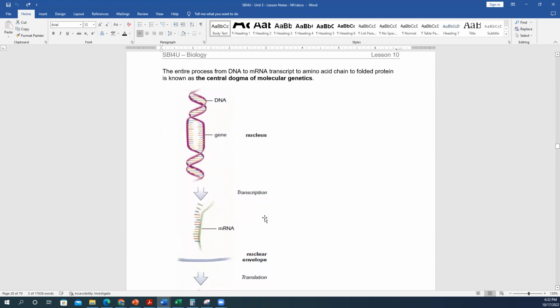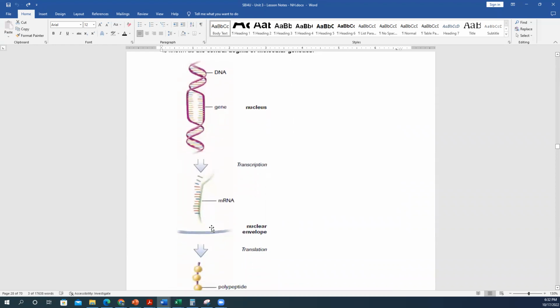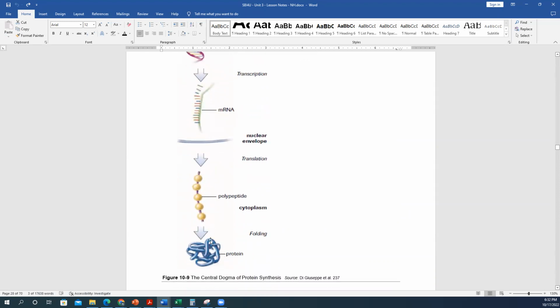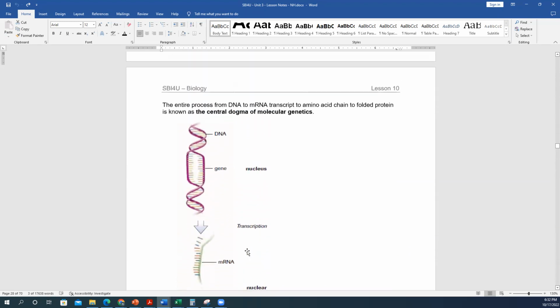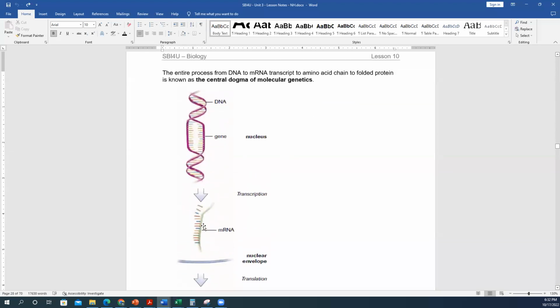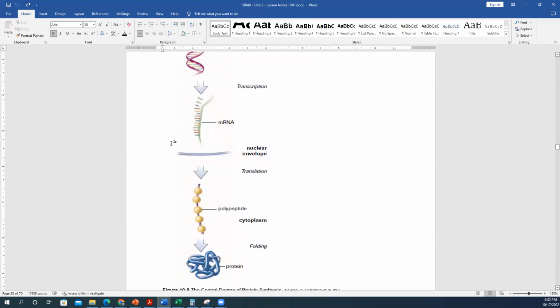So this entire process of starting with DNA and DNA being transcribed into mRNA and then being translated to a polypeptide, which then eventually folds into an overall protein, this is known as the central dogma of molecular genetics. So this is really central to molecular genetics, that you have DNA, and through transcription, you get mRNA, which then leaves the nuclear envelope, enters the cytoplasm, where it is translated into a polypeptide, which then adopts a specific three-dimensional fold